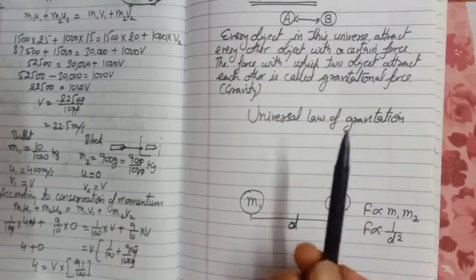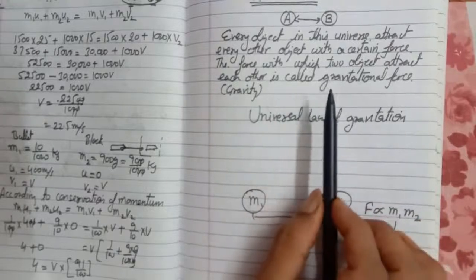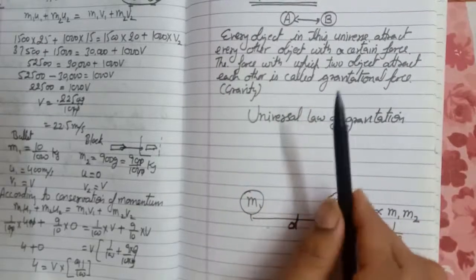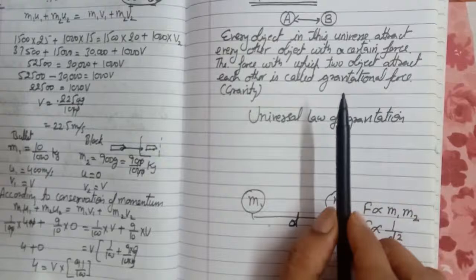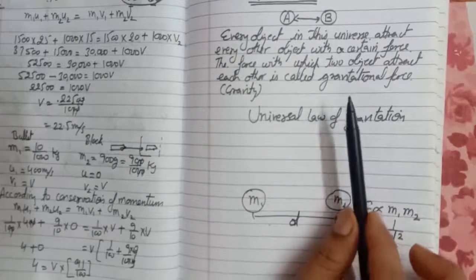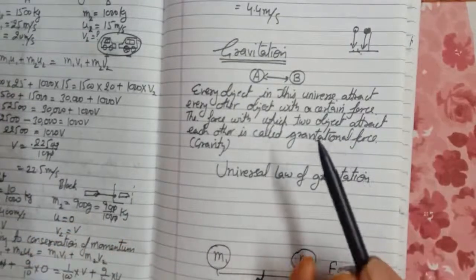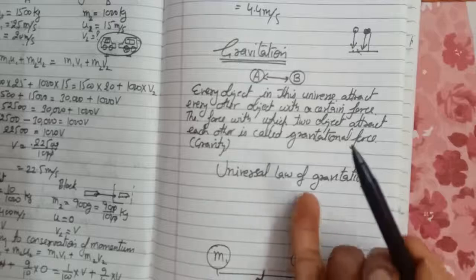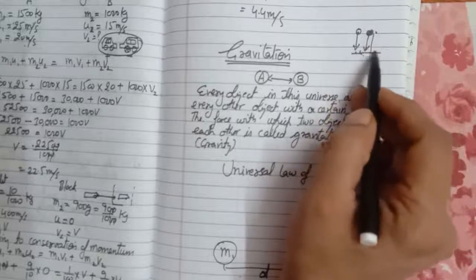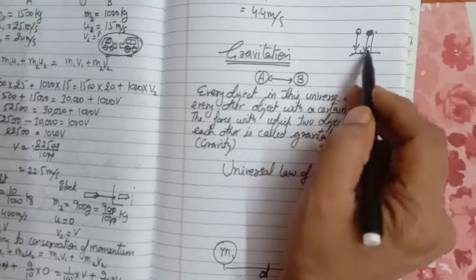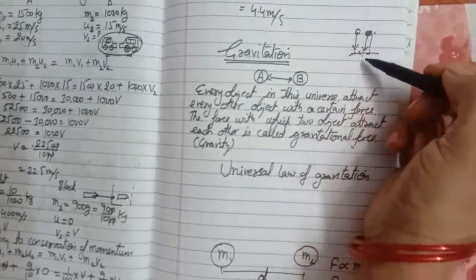Here we are taking an example of this pen and this notebook. Since both of them have very little mass, a few grams, the force exerted between them is very small, and they are not going to attract each other. There is some force between them, but it's not enough to move the sketch pen towards the notebook, or the notebook towards the pen. The earth has such a large mass that the force between the earth and any other object is so high that it can attract any other object towards itself.